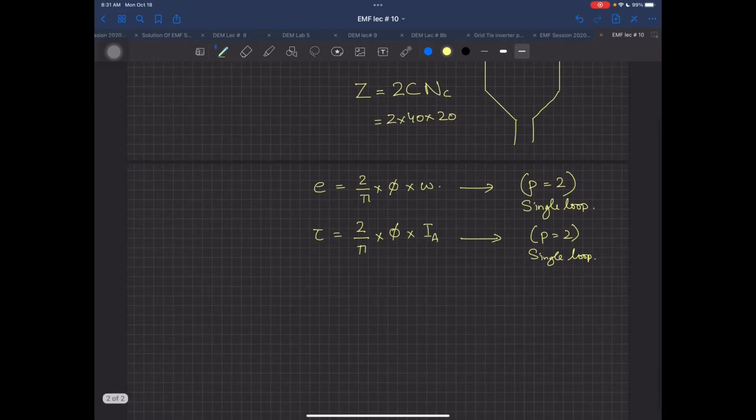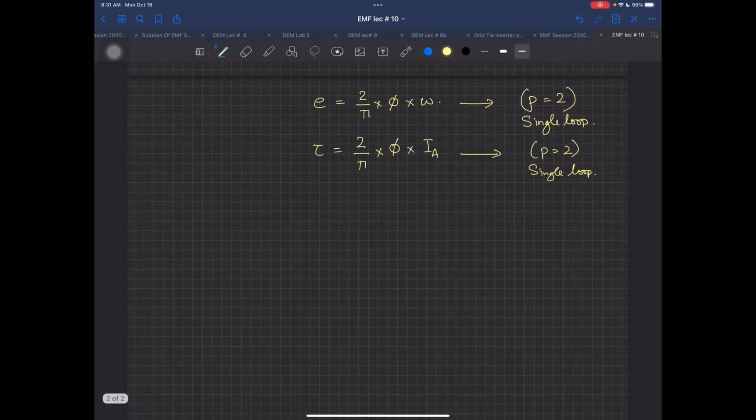For this purpose, we are going to do the very same thing which we did in the last lecture, lecture number 8. If I am talking about this E, I had E equal to VBL. I am not talking about the cross product and dot product, assuming that you are getting the whole EMF. So this was VBL, and you replace V by R omega, giving R omega BL. This was the EMF induced in one conductor.